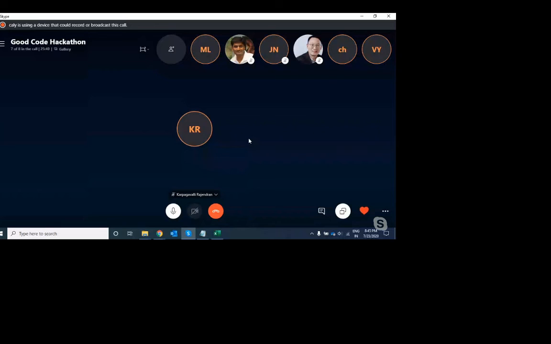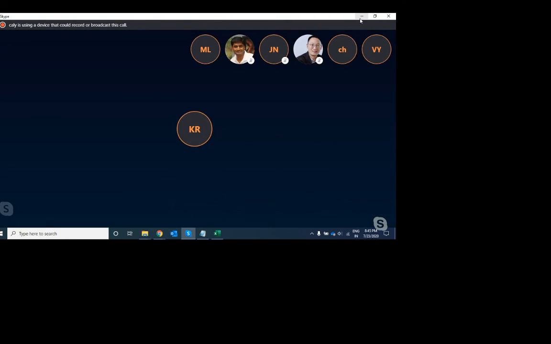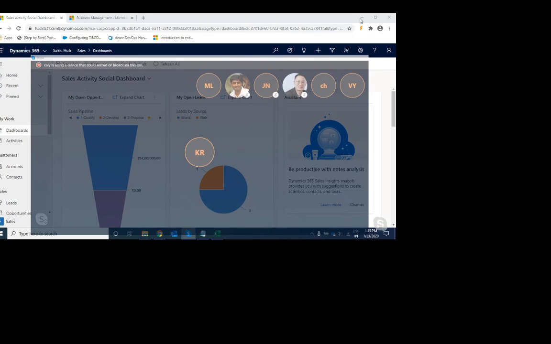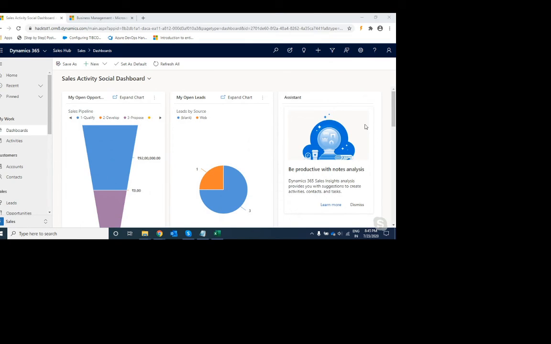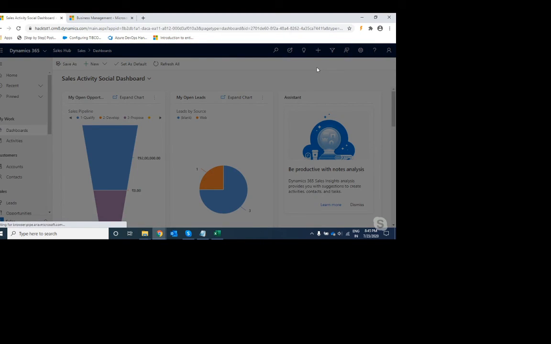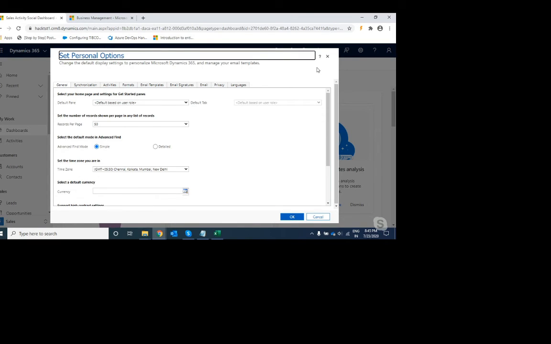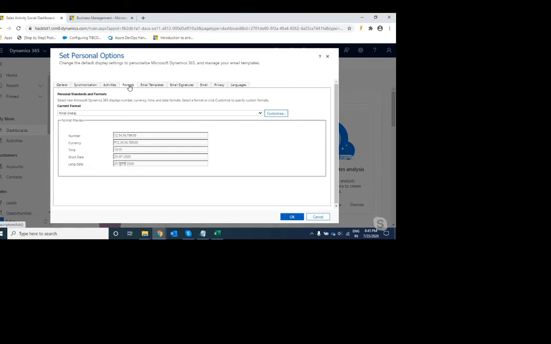First of all, to check the formats of your Dynamics instance, you have to click on the settings icon and click the personalization settings. Once this window pops up, we have to click on the formats tab.